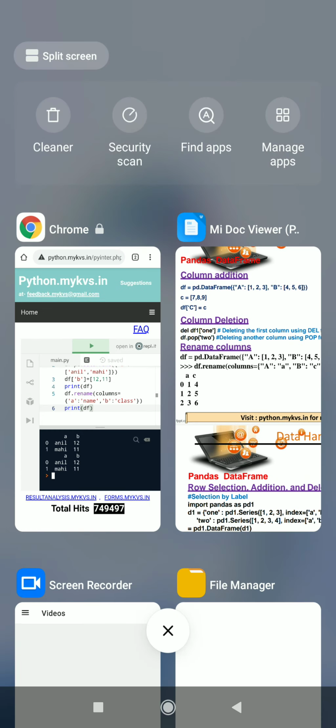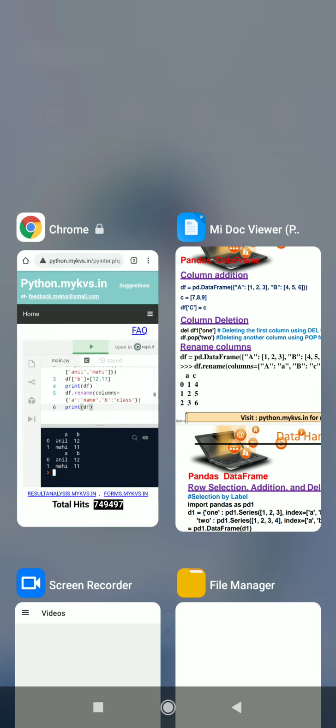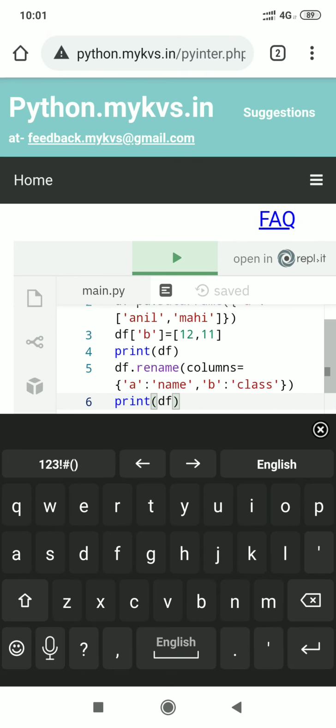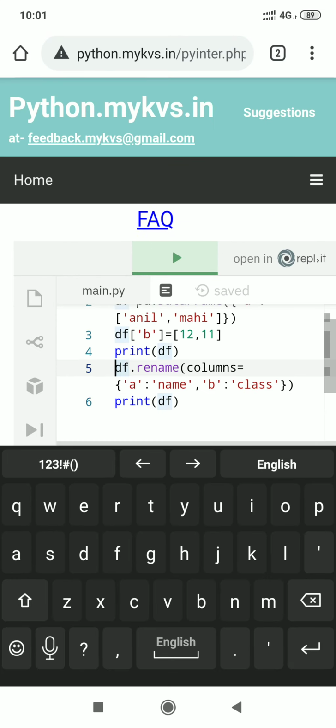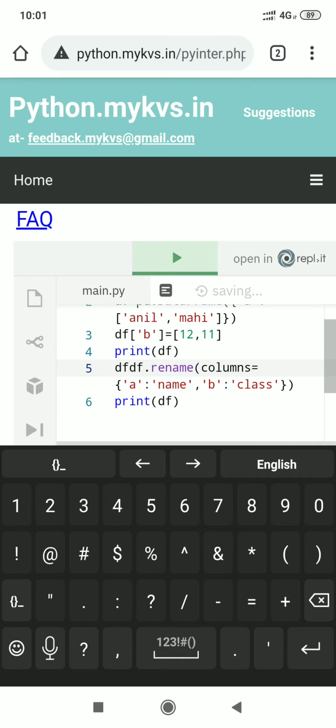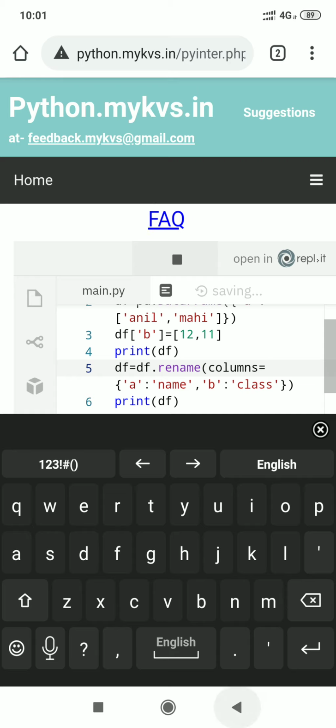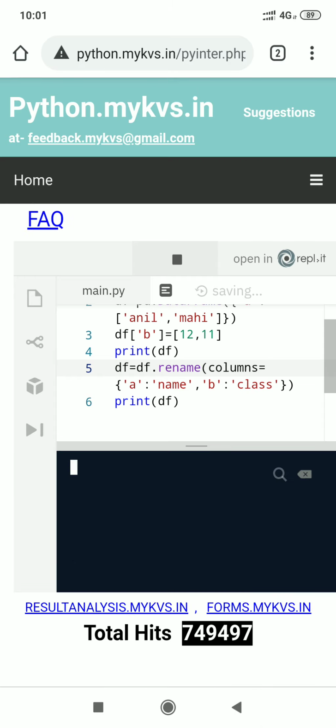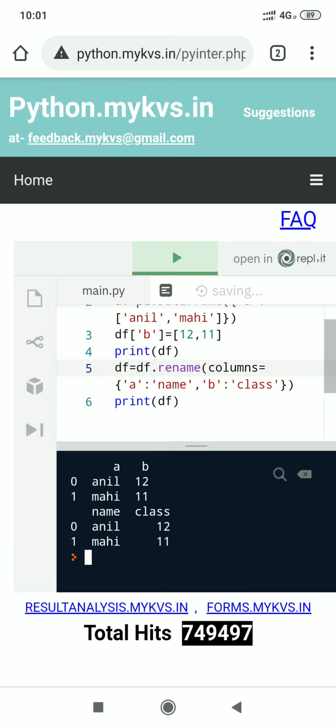Okay student, in place it does not change, so what you have to do is modify the data frame. You will have to write it like df equal df dot rename.